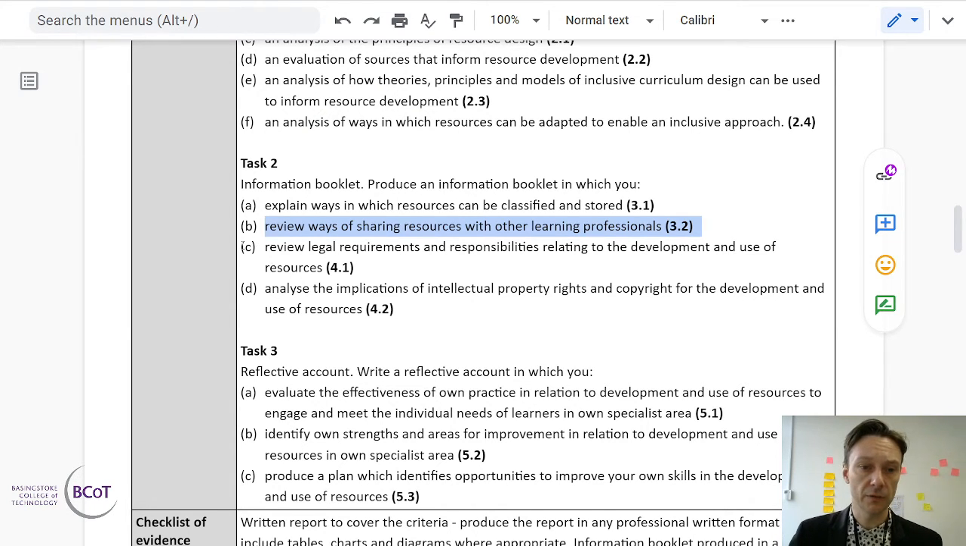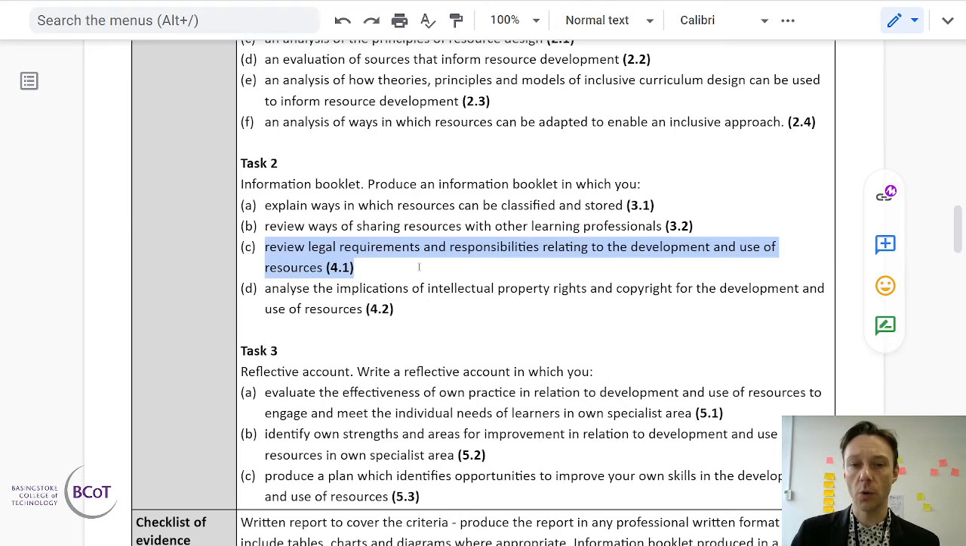Part C of Task 2, review legal requirements and responsibilities relating to the development and use of resources. Here we'll be looking at the accessibility guidelines in particular. We'll be looking at what is fair in terms of GDPR and appropriate. We'll be looking at the legal ramifications and requirements and what we're responsible for as teachers